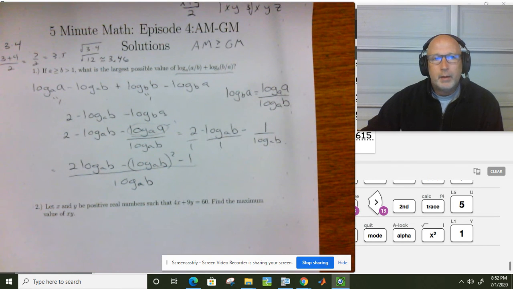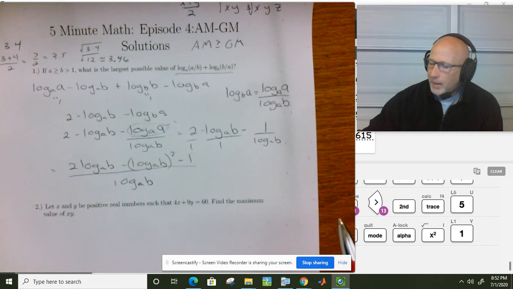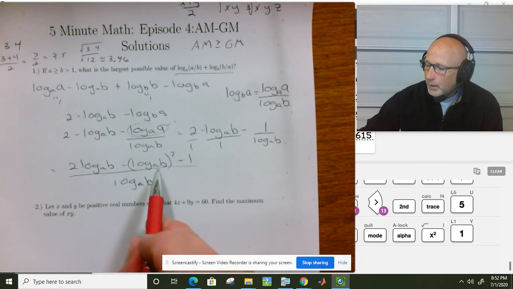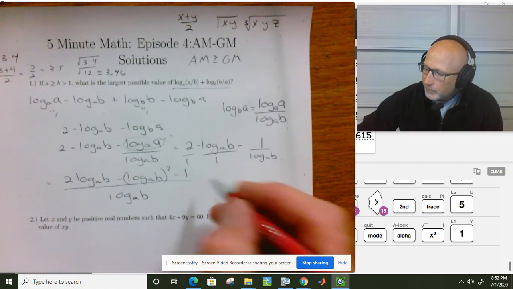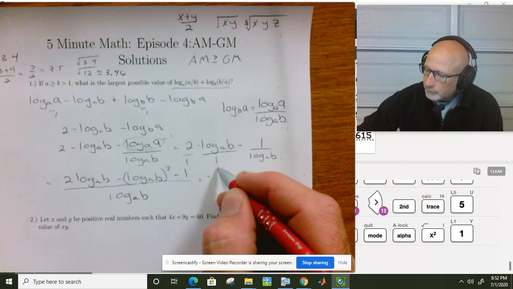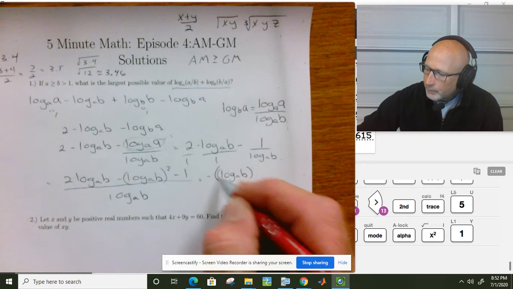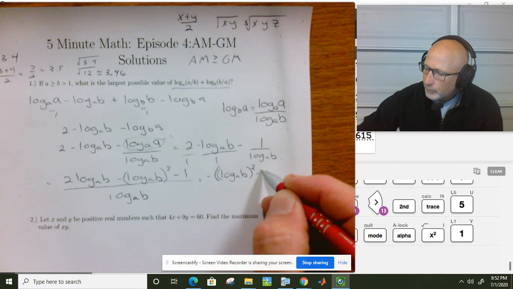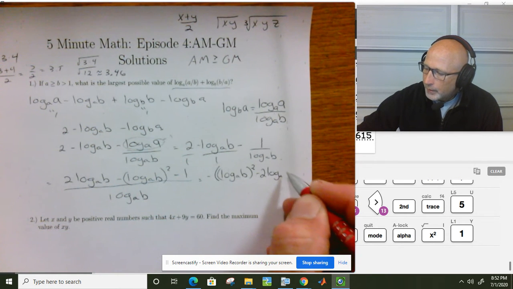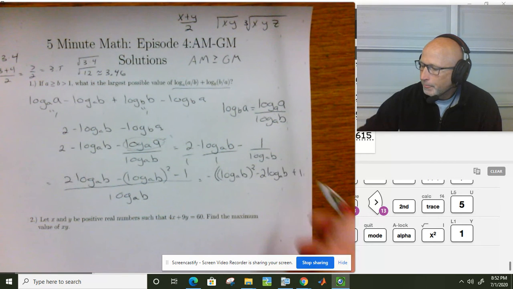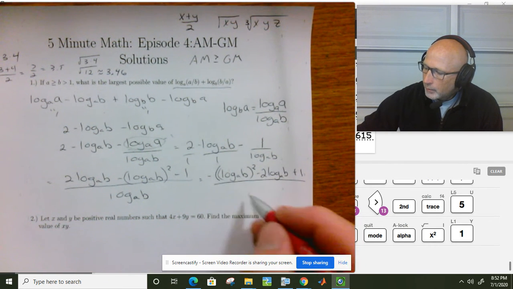Now if you notice what's happening here at the top, we actually have a quadratic. So this is negative log base a of b squared minus 2 log base a of b plus 1 all over log base a